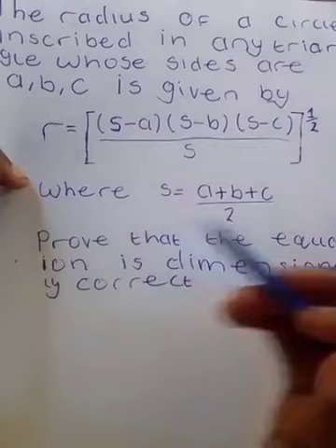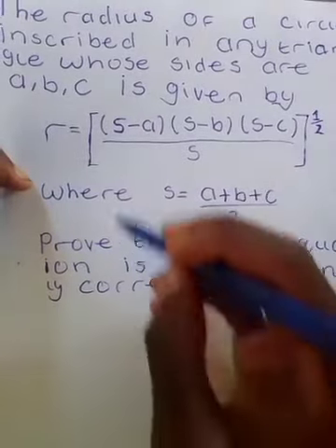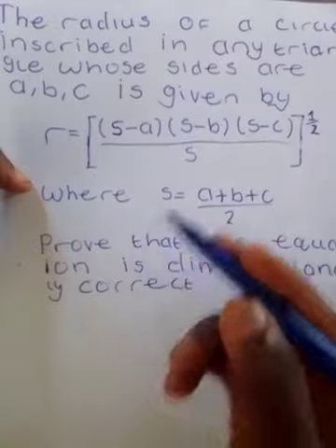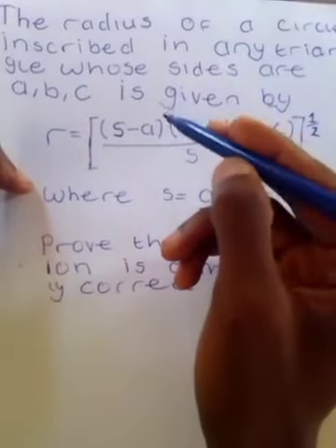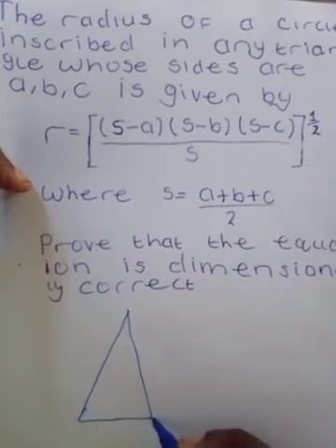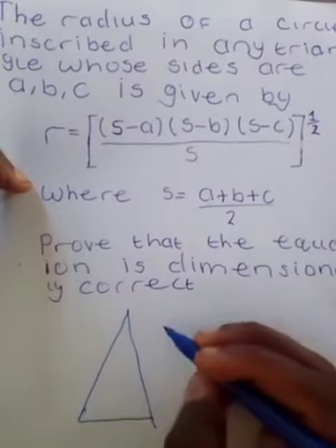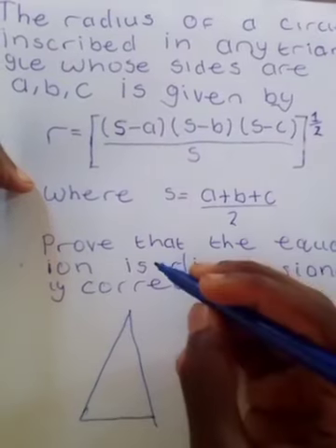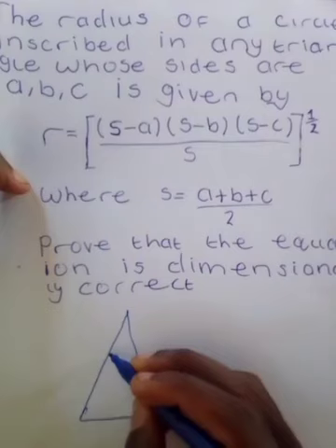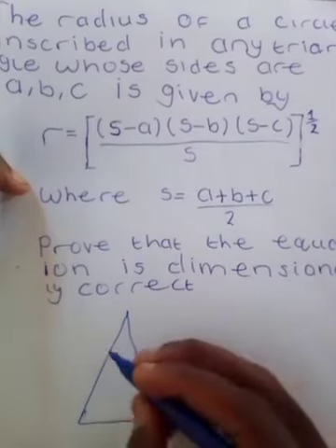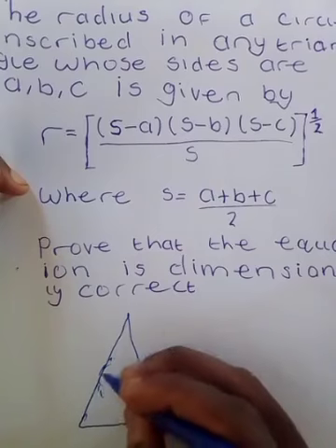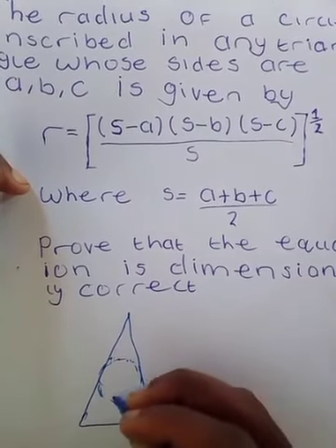Okay, first let's analyze the question. They are saying that there is a circle inscribed. What do they mean by inscribed in a triangle? You all know that a triangle looks like this, right? I know it might not be neat, but it looks something like this. Now, when they say that there is a circle that has been inscribed in it, they mean that they put a circle inside the triangle. That is to inscribe. When you inscribe a circle into something, you know what I'm talking about. So they are saying that they have put a circle